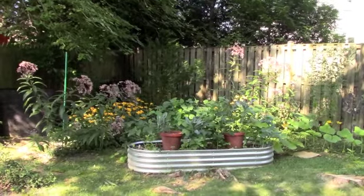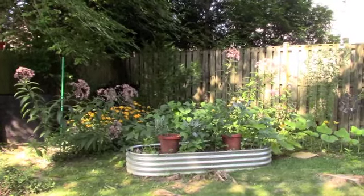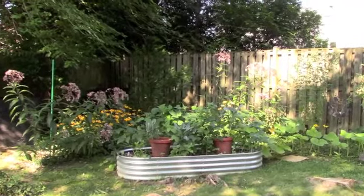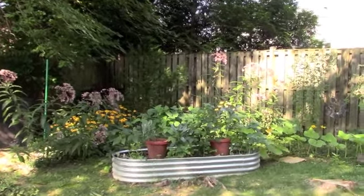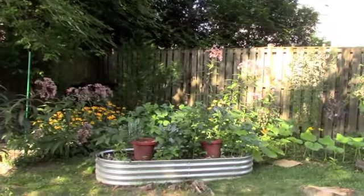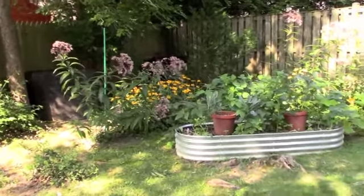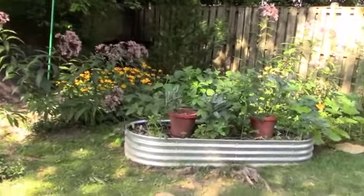This corner of the garden has been a pollinator haven. We've had some monarch butterflies come in and enjoy the tall Joe Pye weed. That's the tall purple flowered plant. And of course they're enjoying the black-eyed Susans. And I have to say my